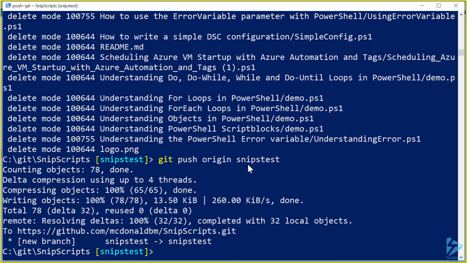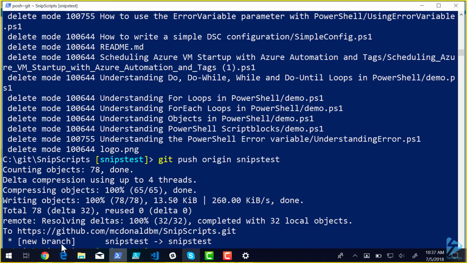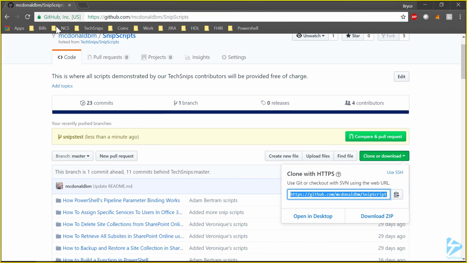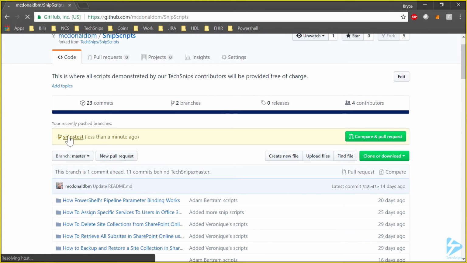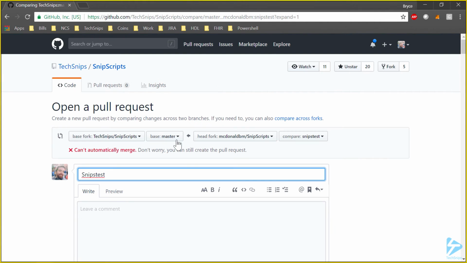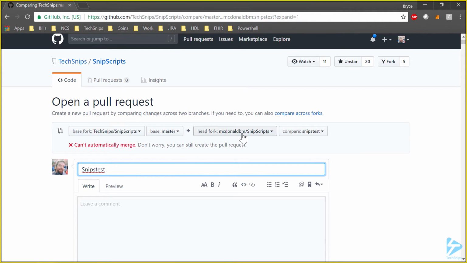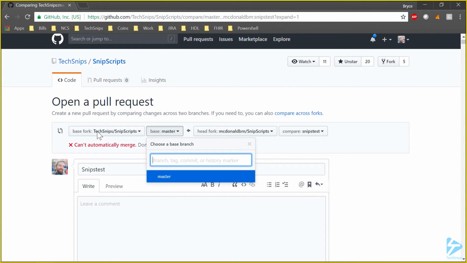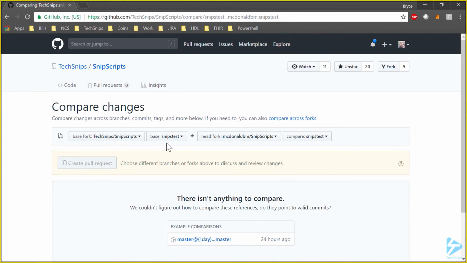Okay, so what that did is it pushed all of those changes into my personal fork with that branch name. So going back to GitHub, I have pushed my snips test branch, and we can make our pull request. I make my pull request from my McDonald BM snip scripts snips test, and whenever I choose the fork, TextSnip snip scripts, I can also say I want to create a branch snips test in his